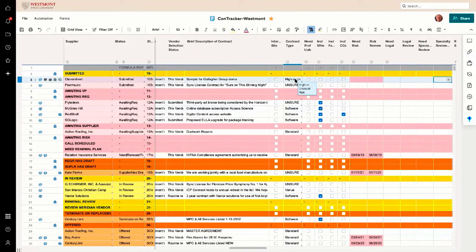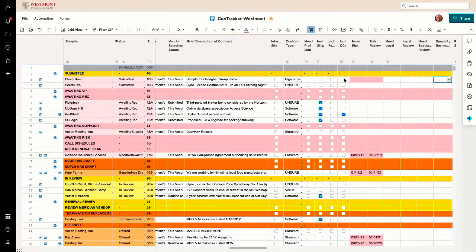This selection of what type of contract it is going to automatically cause certain things to get checked here that are going to initiate some processes. Some types of contracts will initiate that this contract is going to need professional liability. Some will indicate it's software, which is going to kick off a whole different type of reviews and requirements. Food service contracts, contracts that involve the vendor processing credit cards to our students, faculty, staff, guests, where we're concerned